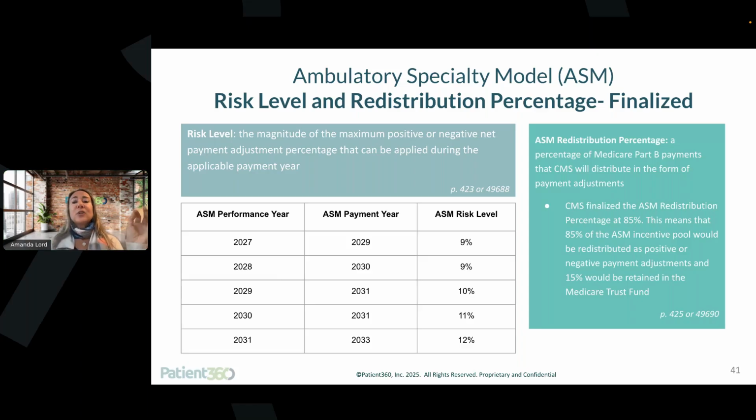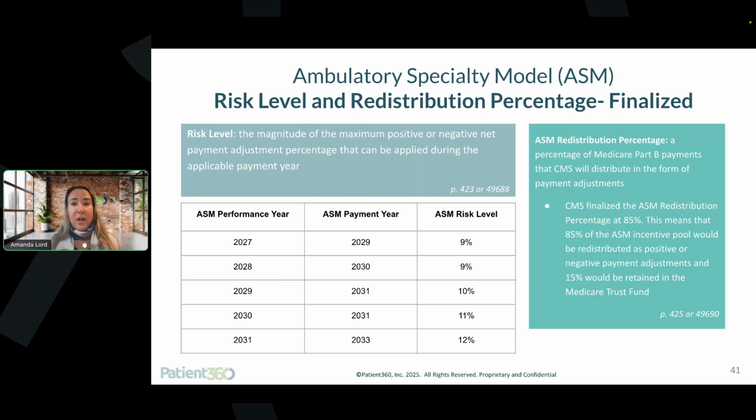This means that for the first 2 ASM performance years, the maximum negative or positive payment adjustment could reach up to 9%. So CMS believes in increasing the risk level over time, as this is going to provide an incentive for increased accountability. Beginning with the 2029 payment year, CMS finalized the redistribution percentage to be 85%, which means that